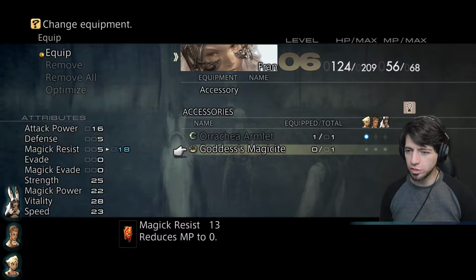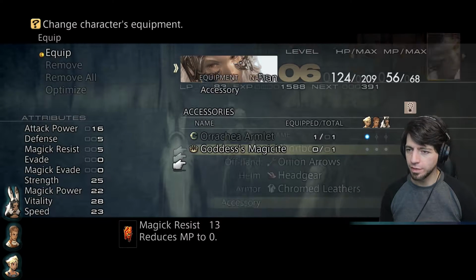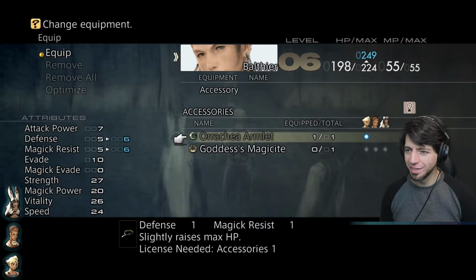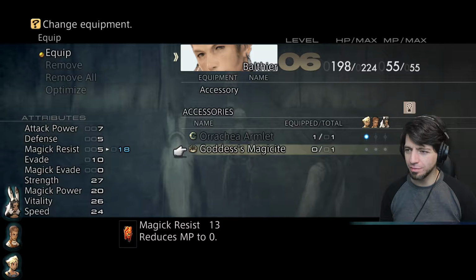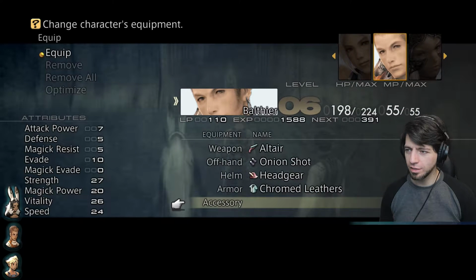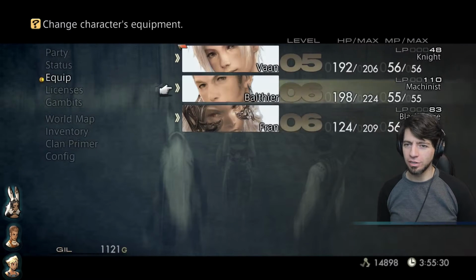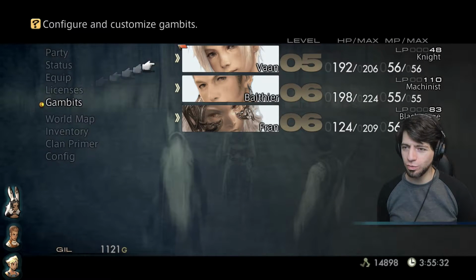Oh, I do have a Goddess's Magicite. Reduces magic points to 0. Oh, sounds lovely. I'll give that to my mage. I could give it to him. He doesn't use magic, does he? I don't know if first aid counts as magic. I'm not going to give it to him just in case, because it might. Alright, so I'm just going to slightly tweak...